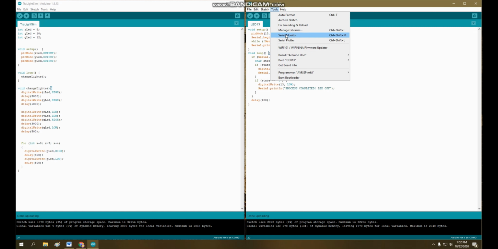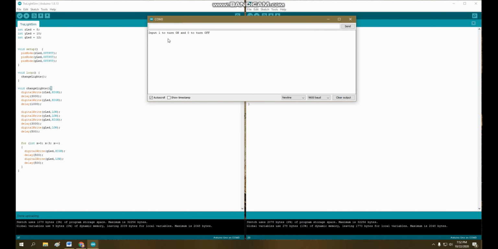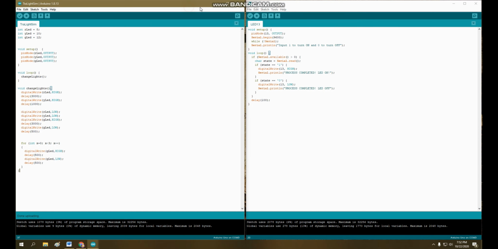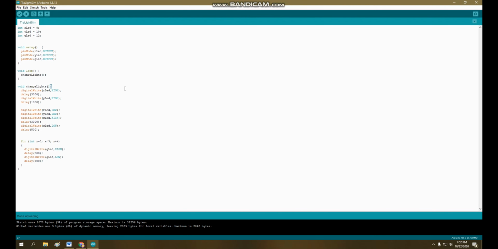Here we just have to look at the serial monitor. So it says turn on 0, and when I enter 1 the LED is on. It's LED on here, but I will show you the different video for on and off. That's all for the LED, which is programmed with a serial monitor. Let's move now to the traffic light.